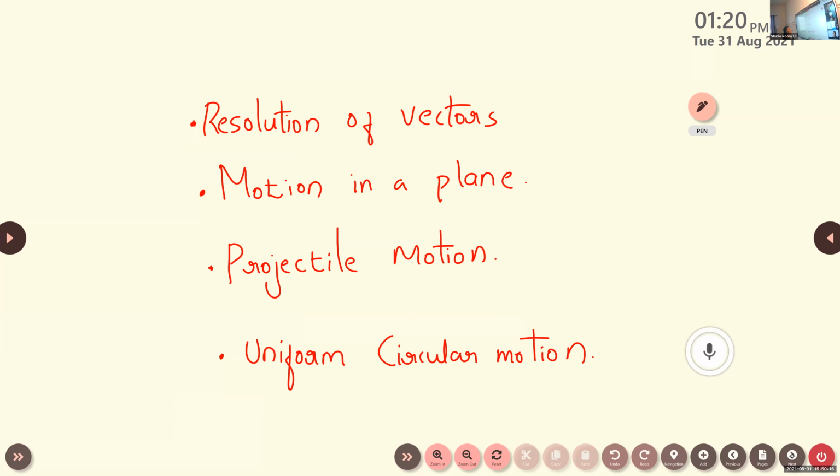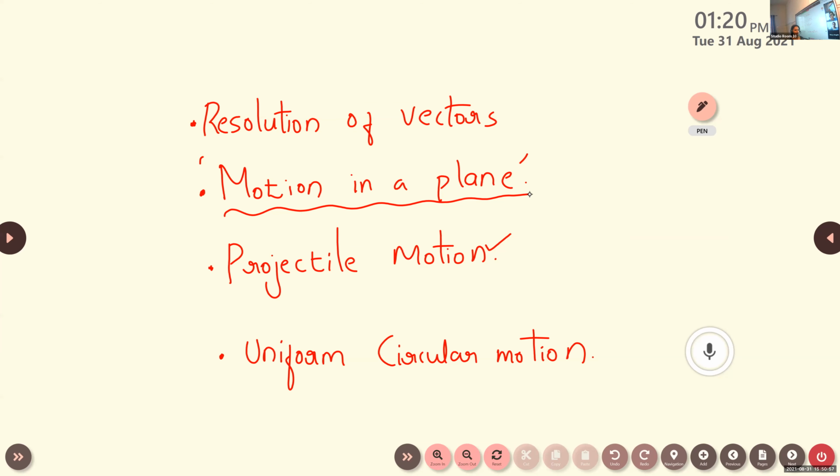After that, we discuss the resolution of vectors. Then motion in a plane, that is the title of the chapter. So half of this chapter discusses the vectors and its mathematical operations. After that, we enter into the topic motion in a plane. Then we discuss one of its applications, known as projectile motion. In the chapter motion in a straight line, we explained some terms associated with the straight line motion of an object. Can you recall the physical quantities associated with the rectilinear motion of an object?